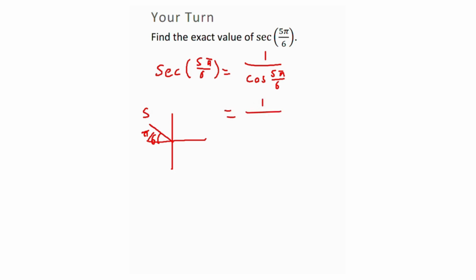So this is the same as 1 over, well, minus cos of pi by 6, which is the same as minus 1 over cos of pi by 6, which is equal to root 3 over 2. So this is equal to minus 1 over root 3 over 2. That's the reciprocal of root 3 over 2, so that's 2 over root 3, which when we rationalize is minus 2 root 3 over 3.